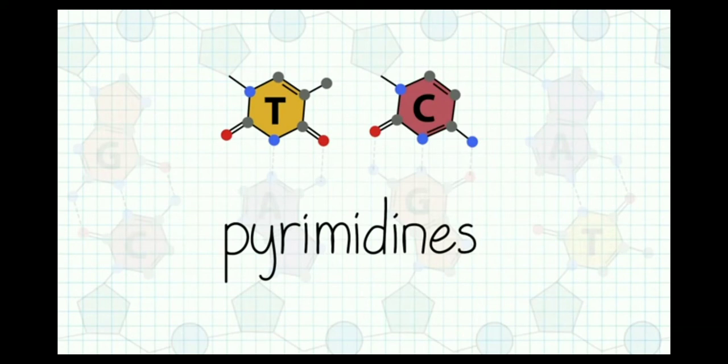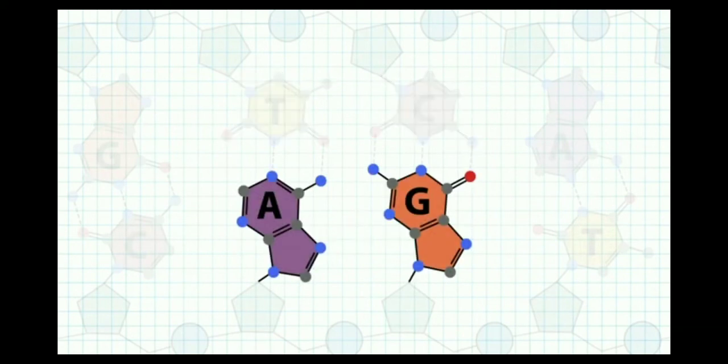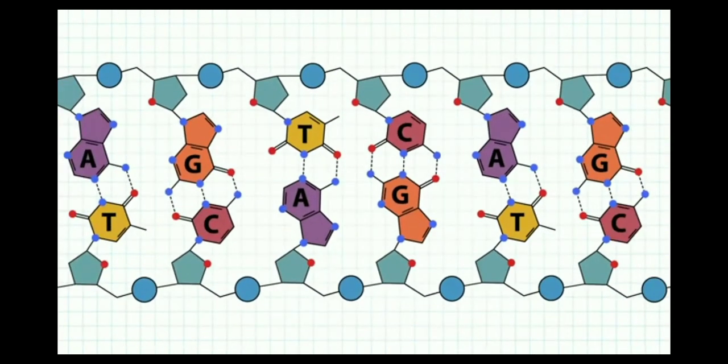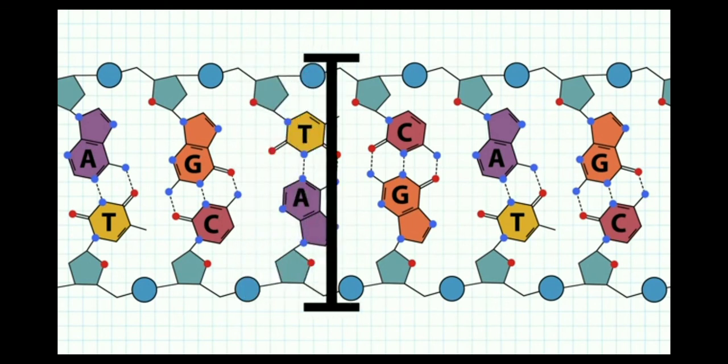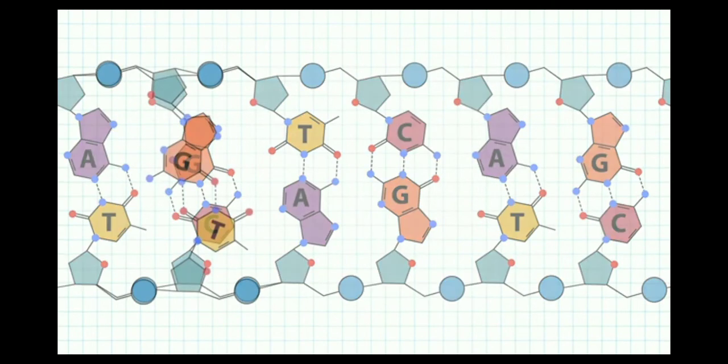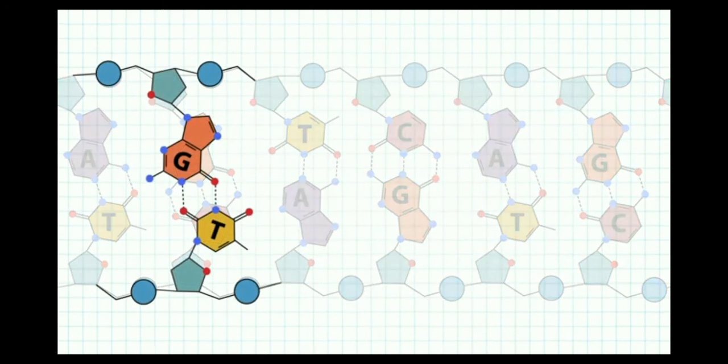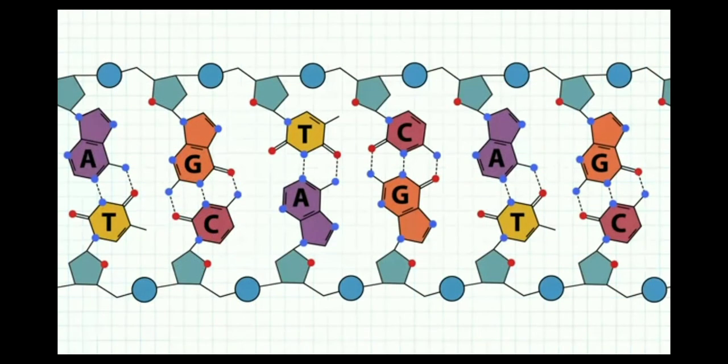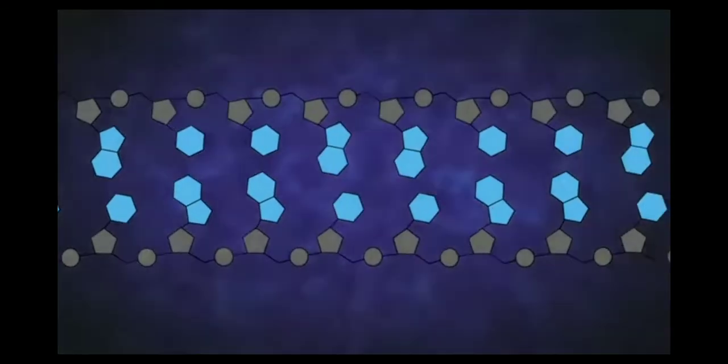Thymine and cytosine are known as the pyrimidines, and adenine and guanine are known as the purines. So purine and pyrimidine always bind together. See the structure, student. Here the orientation is stabilized in DNA with the binding of a single ring with a double ring like structure. This orientation can be disturbed if a double ring structure binds with a double ring base. So guanine and thymine cannot bind because of the improper orientation.